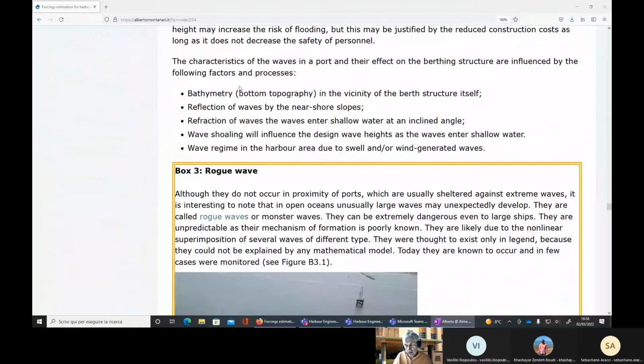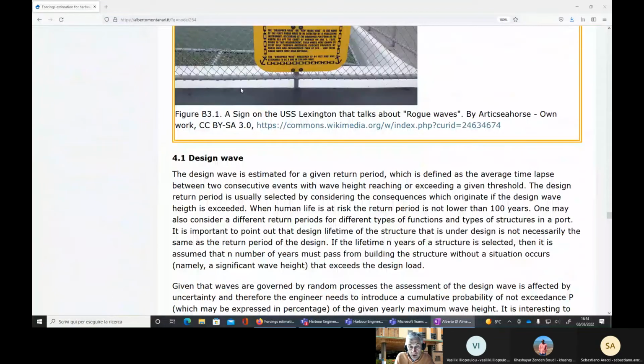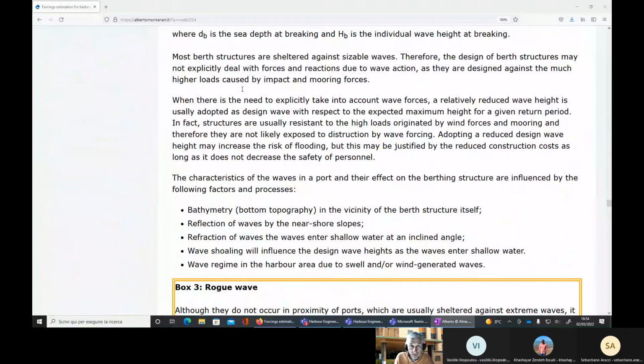I think you already know what the different forms of interaction and interference of a train of waves with infrastructures and with the coast are. So I guess that you know what reflection, refraction, and wave shoaling are, etc. At the end of the story, what we need to get is a design wave, typically a design wave height, because this is the most important information. Also, the frequency is important, but typically what is